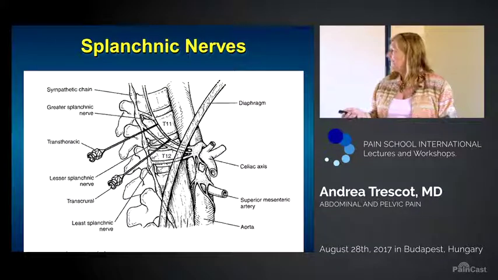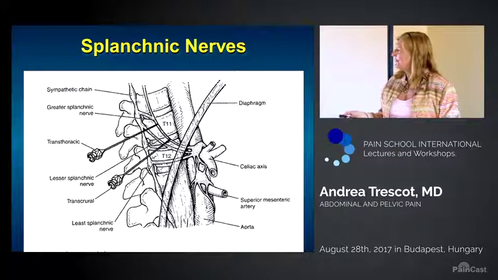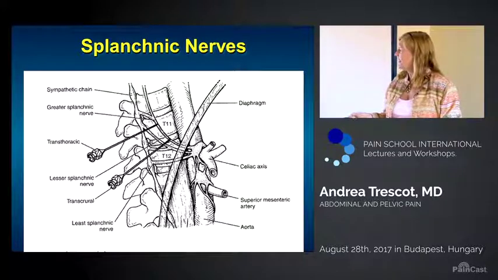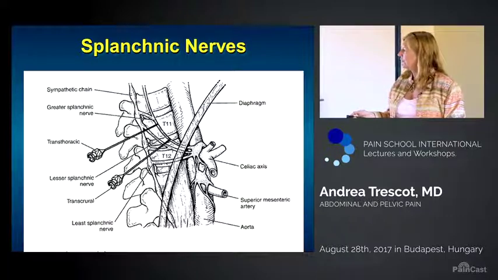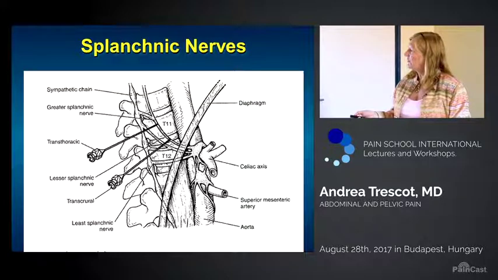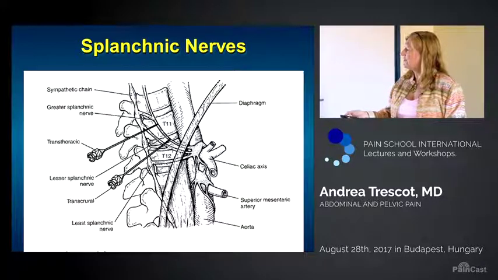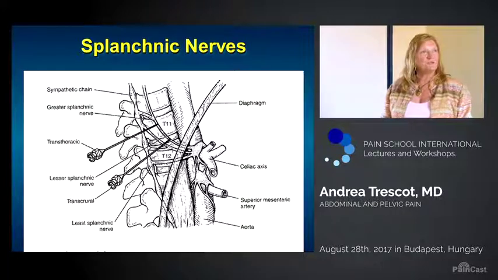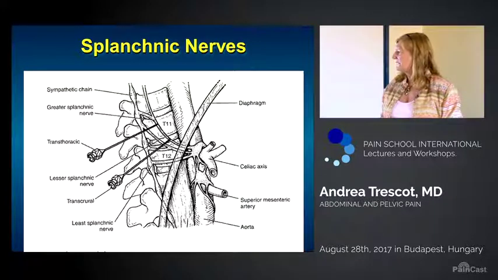So when we start looking at the splanchnic nerves, you've actually got several of them. You've got the greater, the lesser, and the least coming through the crura to come into the celiac axis. And so you can do several approaches. You can approach it at T11, the junction of T11 and T12, or at T12, but mostly it's this region that we're focusing on because you have the potential for addressing both of the major nerves there. The third splanchnic, the least splanchnic, being least